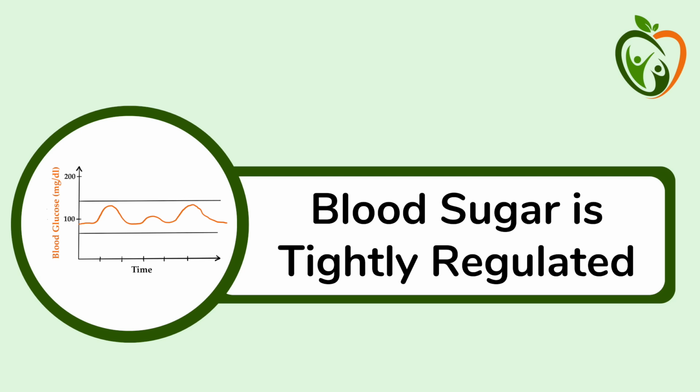Interestingly, almost all fructose and galactose are immediately removed from the bloodstream by the liver, and concentrations of fructose and galactose in our blood circulation are very, very low. We'll talk about what happens to fructose and galactose and other sugars another time. For now, what I'd like you to remember is that when we talk about blood sugar, what we really mean is blood glucose, because glucose always accounts for 90+% of all the sugar in our blood, even after a meal rich in fructose or galactose. The second thing I'd like you to know is that if we're healthy, our blood sugar levels are very tightly regulated by our body.